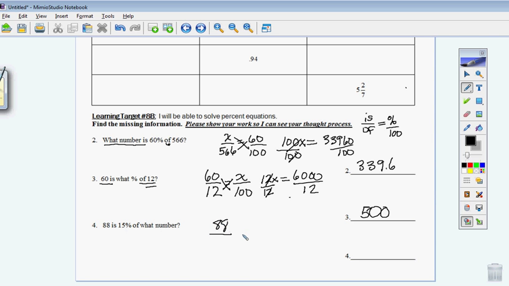All right, last one here, we have 88 is, so we're going to put that in the top left. 88 is, and we also know the percentage, 15, but we don't know what that is of. The of what number goes here. So that would be over a hundo. We multiply 15x